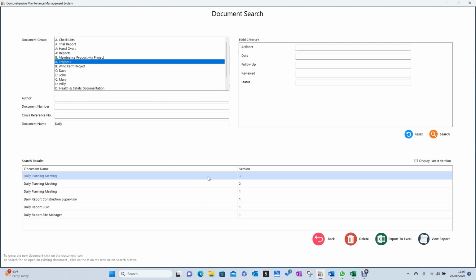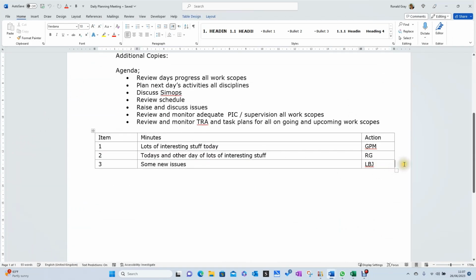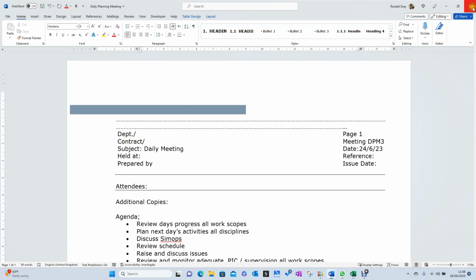it's a continuous document, so I want to come in and just really take the last version, which should be yesterday, and view the report. So that's me from a daily planning meeting for new issues of the day, etc., etc. You know the score. So now I come and close this,